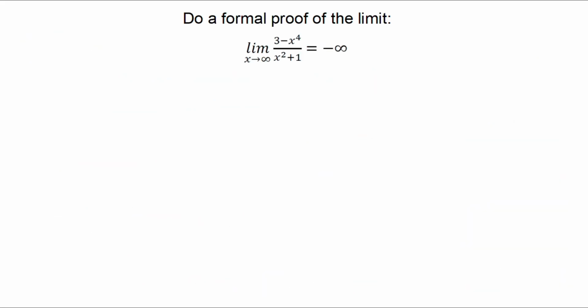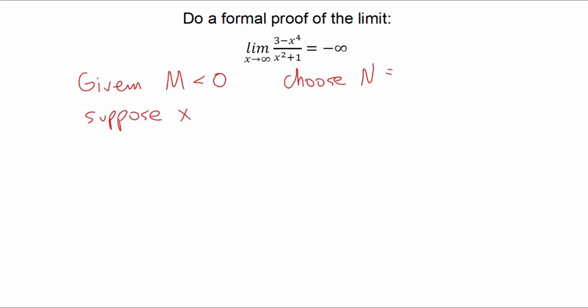All right, for our next one here, we've got the limit as x approaches infinity of (3 minus x to the 4th) over (x squared plus 1) is equal to negative infinity. So again, it's an M-N proof, and this time we're going to have, given M less than 0 because our limit equals negative infinity. And then we're going to choose an N value equal to something, which we'll figure out in a second. And supposing that x is greater than N is greater than 0, because we have x approaching positive infinity,